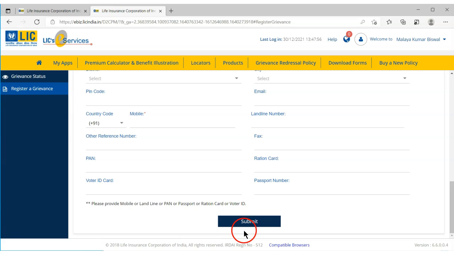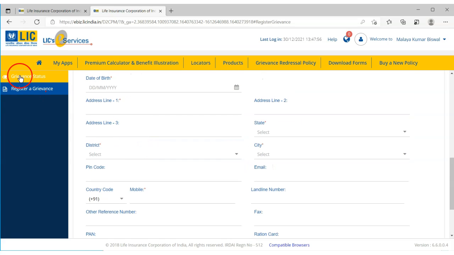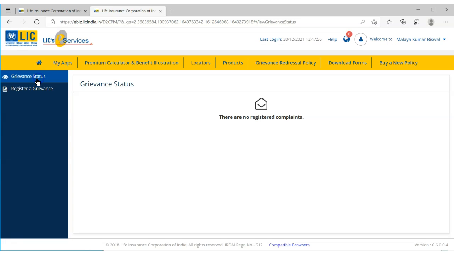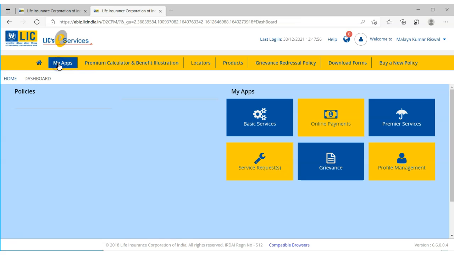And then you can click on this submit button. It will give you a grievance number, and then you can check the grievance status here. If you click on here, since I have not registered any complaints, I don't see anything, but once you register something, you will see the grievance number here, and you can follow up on what happened to that grievance, what resolution was offered, or whom to contact. All this information will come here, right? Then I'll again go back.